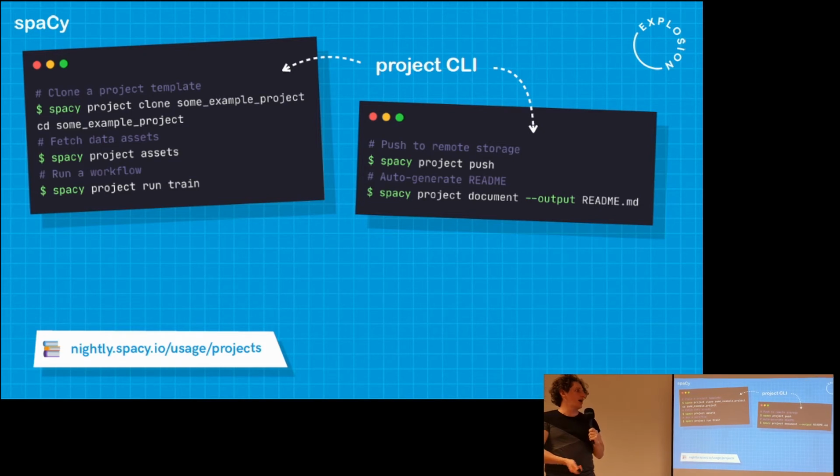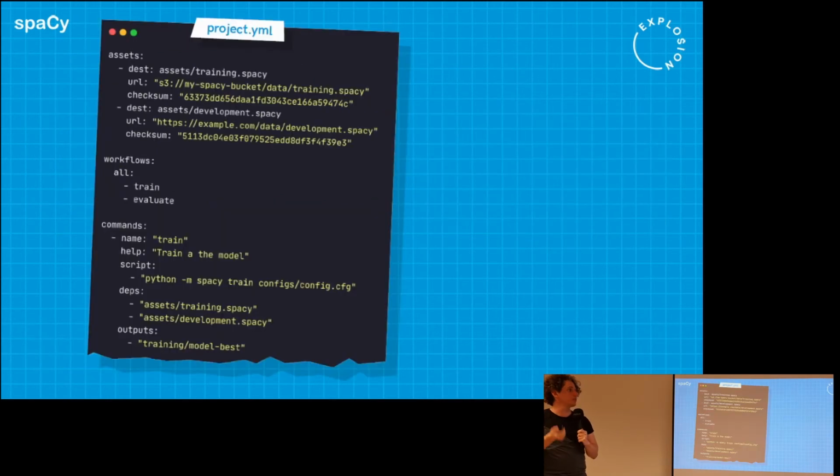Also just a local directory, if that's convenient, like you've got a network share mapped or something. And one of the features that we particularly like is that when you run spacy project document, it actually generates the README file that lists all of the commands and things, so that when somebody goes to the GitHub repo, they see what's there. Again, we want to encourage these sorts of norms and build tooling that really makes the right thing easy and pushes people to have these standard files that work well and everybody can read and rely on.